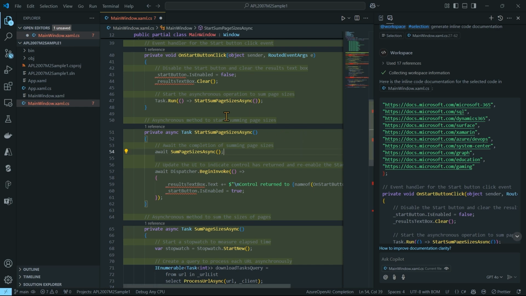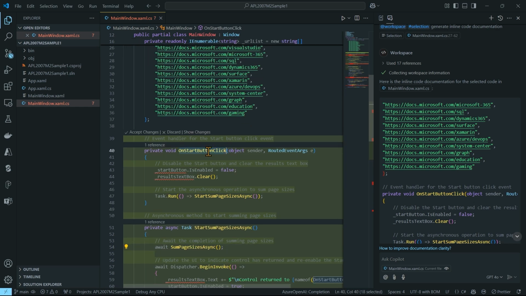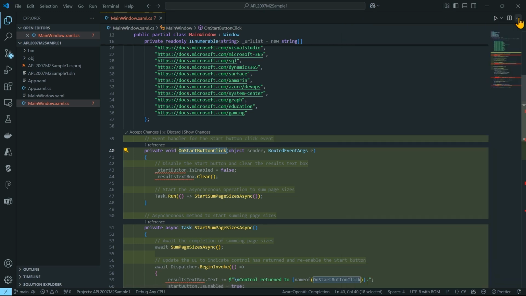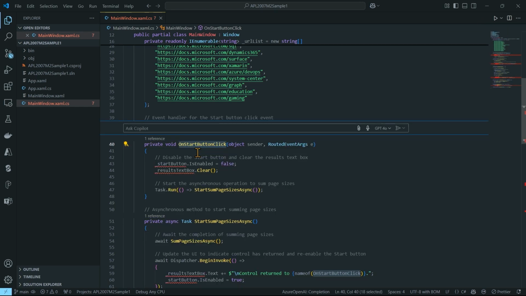I'm first going to save this. And let's do something for our onStart button click method here. So I'm inside my code view, and to show you, I could actually close the chat window on the side. There we go. From here, I'm triggering Copilot Chat using the same Control-I, and I could use one of the